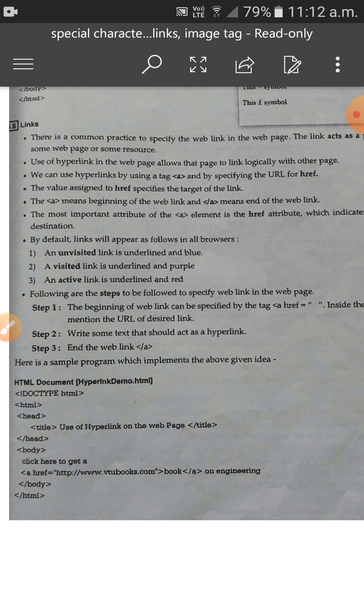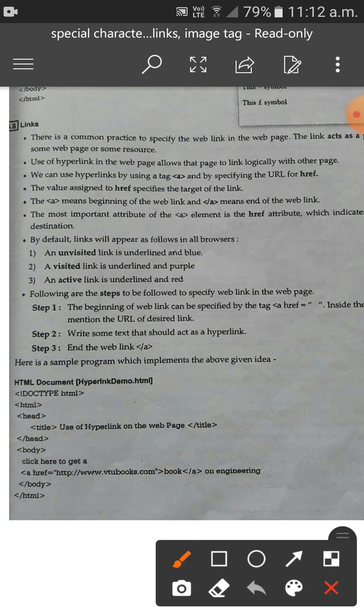Use of hyperlinks in a web page allows the page to link logically with other pages. We can use hyperlinks by using the A tag, which we call the anchor tag. We give the hyperlink using the A tag and specify the URL in href. Href is the name of the attribute, and to the attribute we give the link value.